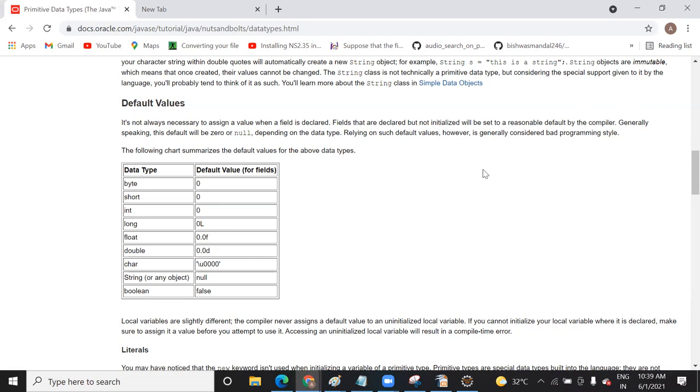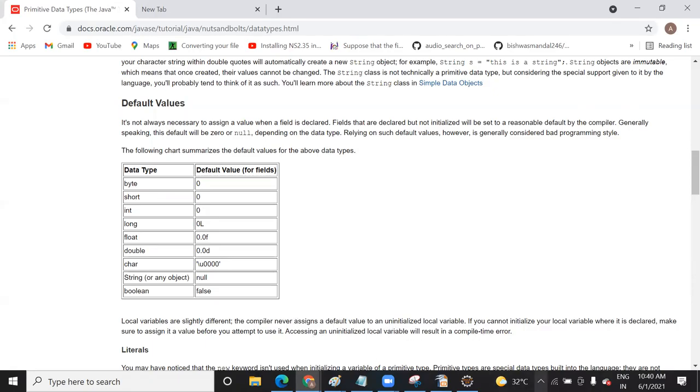It depends on the compiler. Local variables are slightly different. The compiler never assigns a default value to an uninitialized local variable. If you cannot initialize your local variable where it is declared, make sure to assign it a value before you attempt to use it. Accessing an uninitialized local variable will result in a compile-time error.